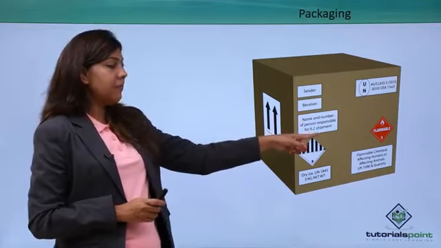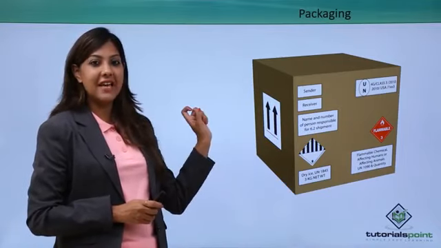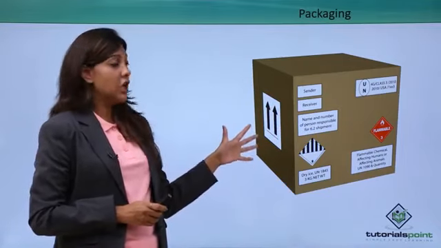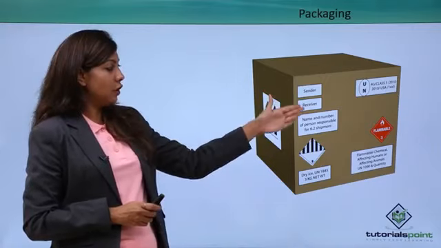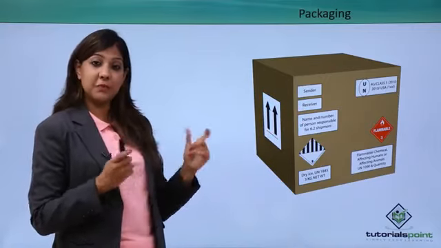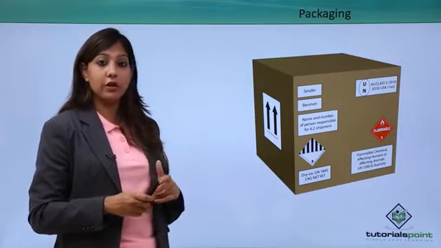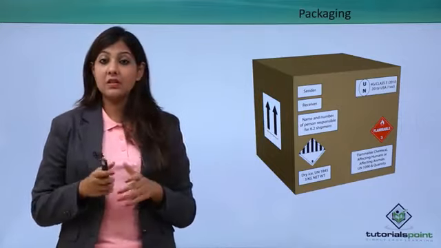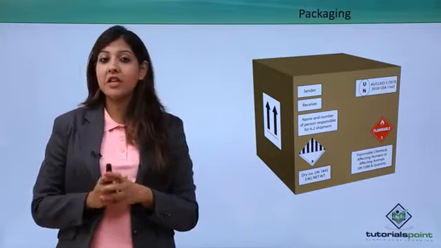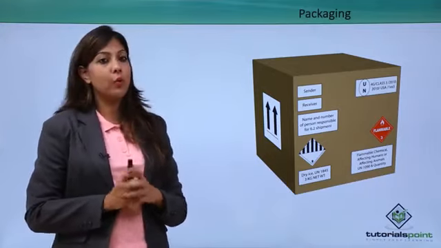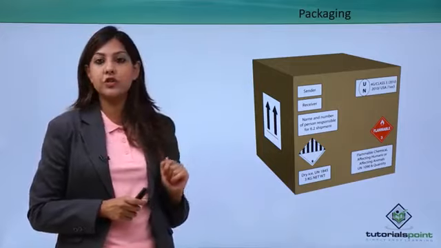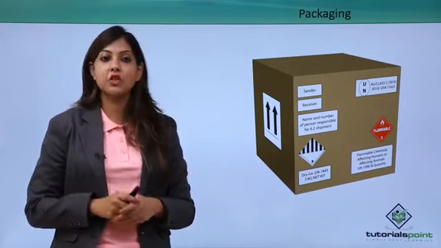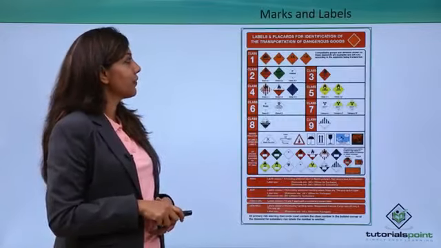It should also have a label of what is carried inside the packaging. So if it's a flammable gas, it has to have a logo of flammable. If it is an explosive or a toxic material or a toxic vaporization, it has to have a logo of the same. So this is the packaging which every operator needs to adhere to whenever they're carrying any kind of dangerous good, not in the cabin but in the checked-in baggage.